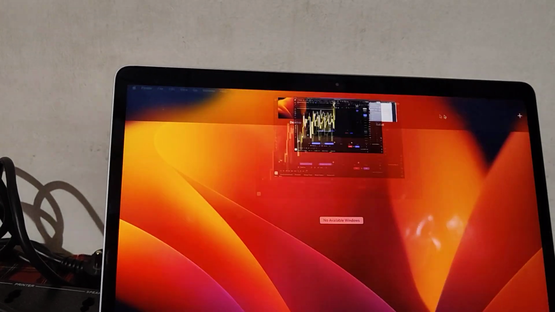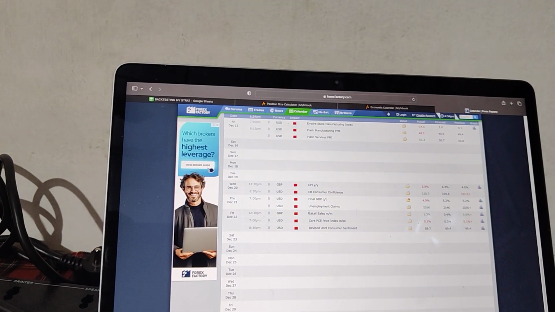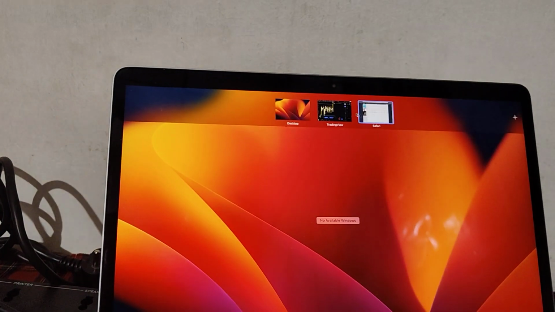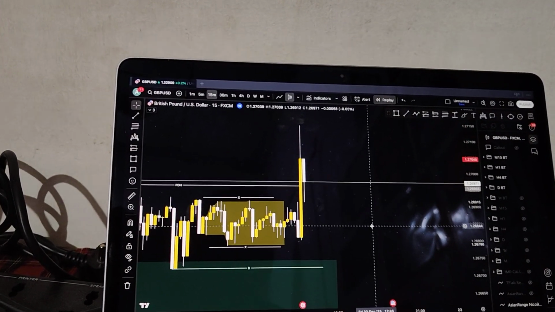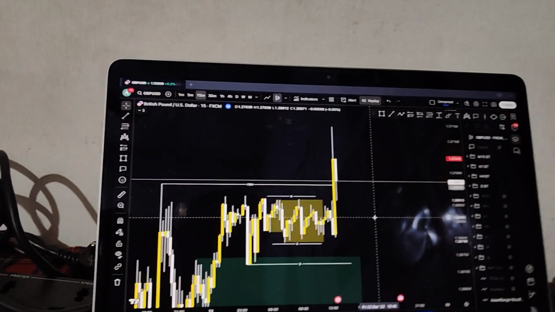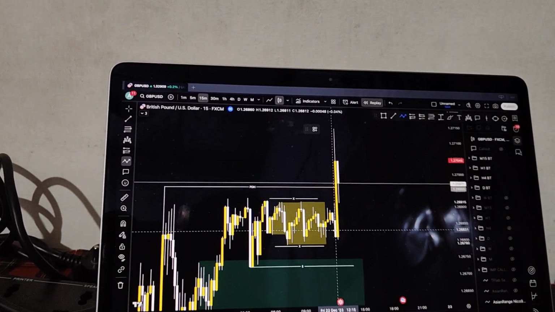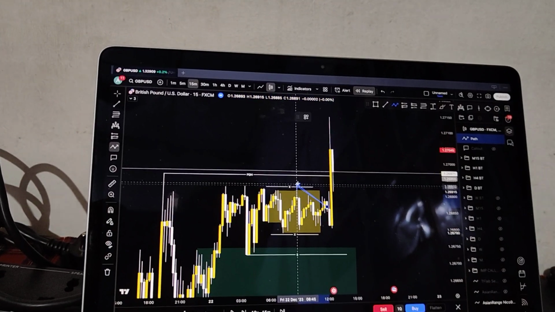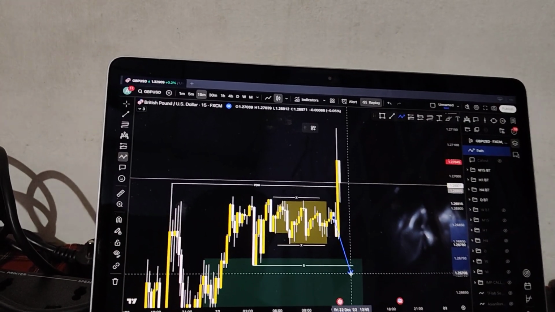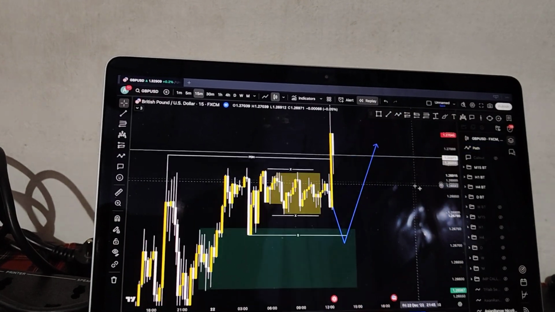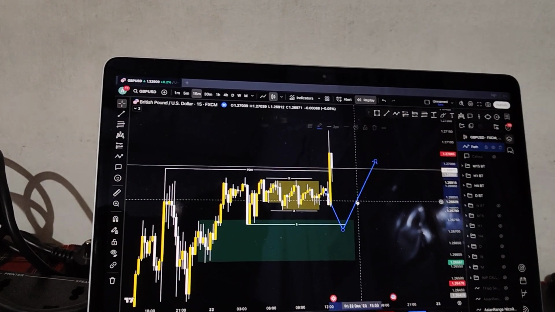Also, let me check the news. On Friday there was retail sales. Oh yeah, Friday was a no trade day because there was GBP news. GBP news is rare, but also very effective. You can see here the target would have been my previous day high right here, the Asian lows liquidity sweep, structural liquidity sweep, and then I was looking for something like this, but it didn't happen.